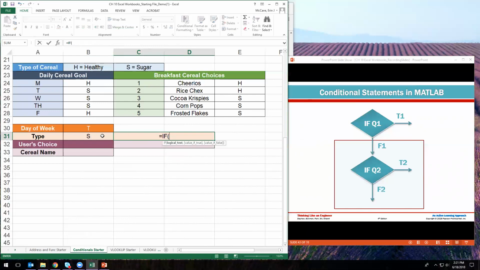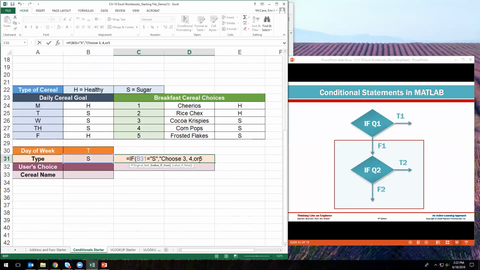So if B31 is equal to that S for sugary, then we're going to tell them to choose 3, 4, or 5 for their options, because those are the numbers that are designated here as our sugary cereals. Otherwise,